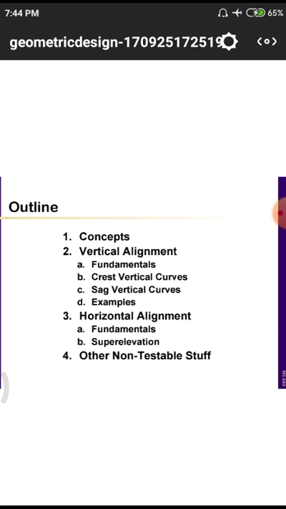After that we are having the horizontal alignment, but in case of horizontal alignment we are having only a few topics. Why? Because it is a simple one and easily understandable. First of all, we have to know about these fundamentals. Those are also related to mathematical knowledge and some physical philosophies. After that, a major concept in horizontal alignment is super elevation, and the second one is the rising of the particular profile of your road. Those two are the main concepts in horizontal alignment. But in case of vertical, we are having the crest curves and sag curves and other things.